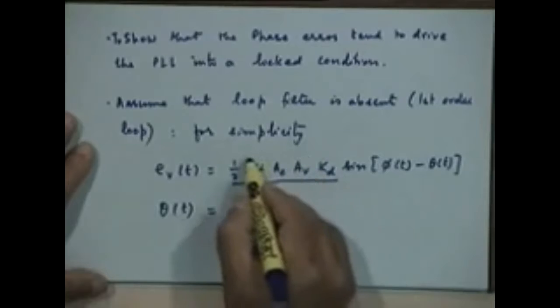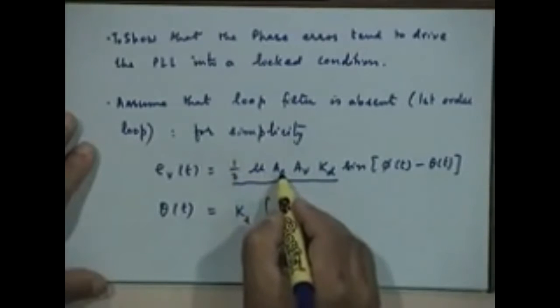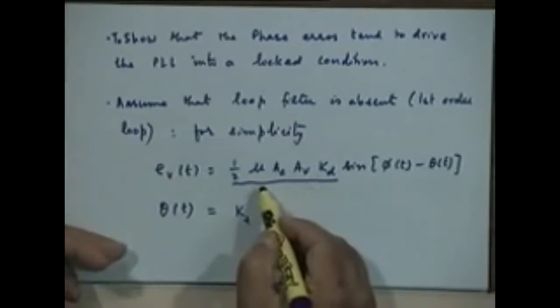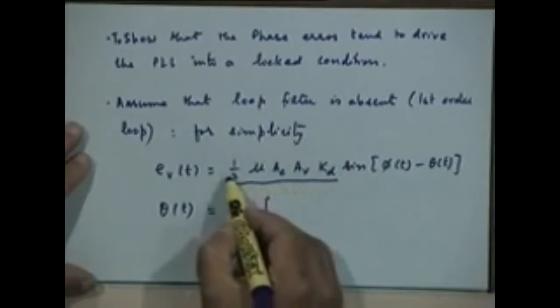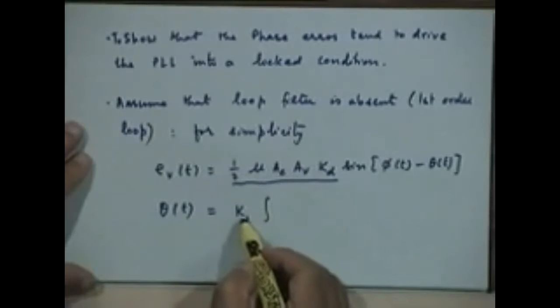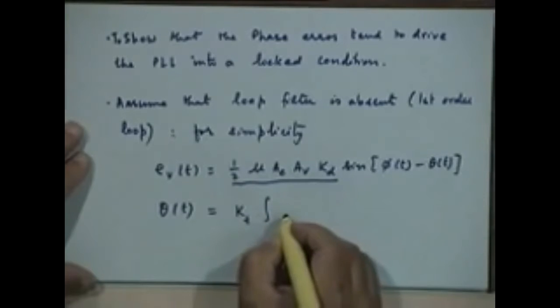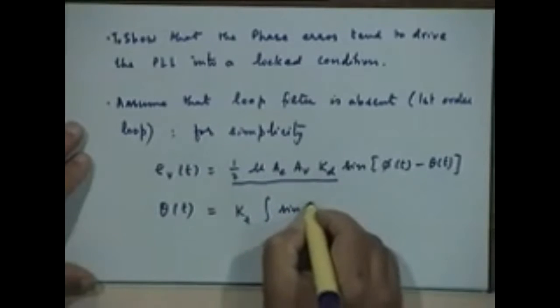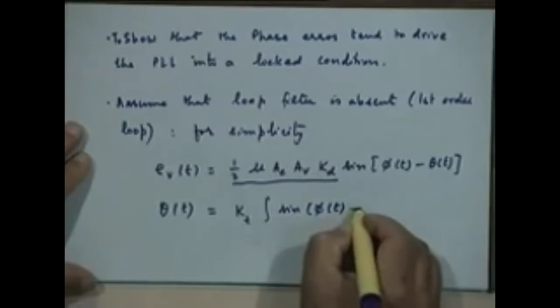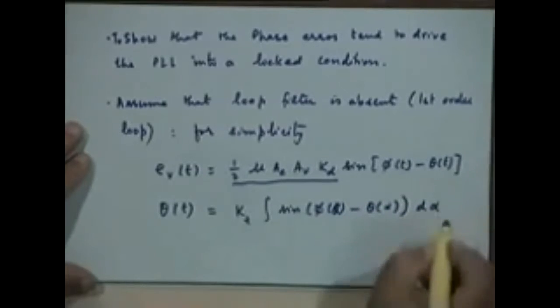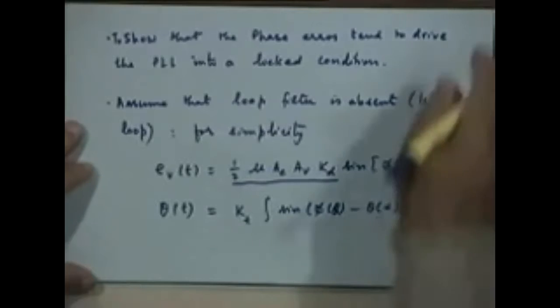You can think of this as some kind of a gain in the loop. These are amplitude terms, but effectively they are coming in this product. So, this is called the total loop gain, that is why I am putting k sub t. Do not confuse this t with time, this stands for total. I could have probably put capital T, but let us keep it small t. So, k sub t integral of sine of phi of alpha minus theta of alpha d alpha.